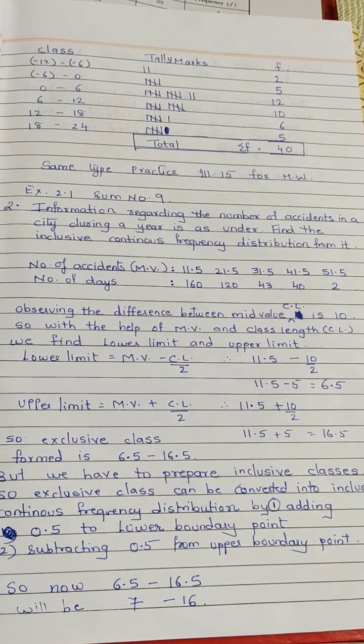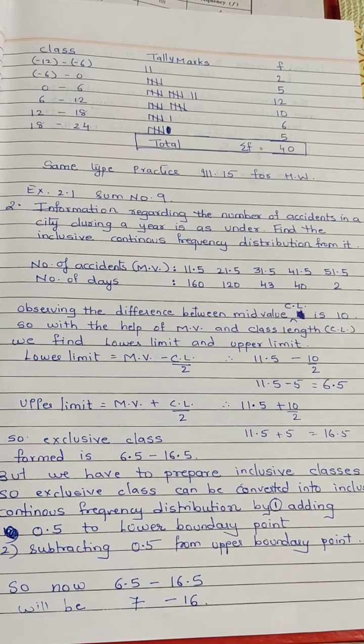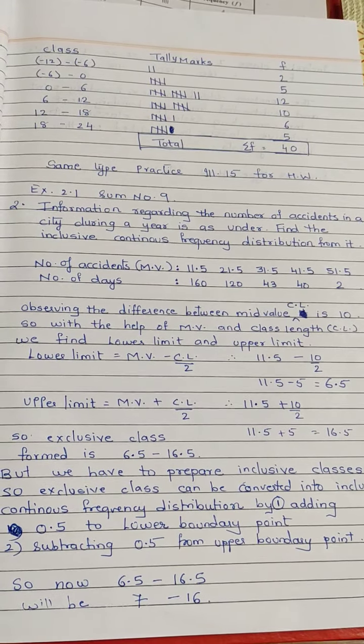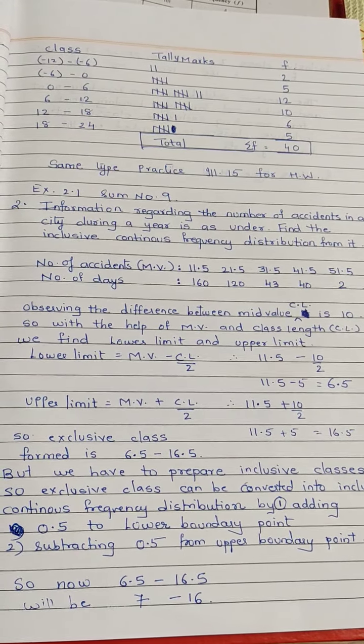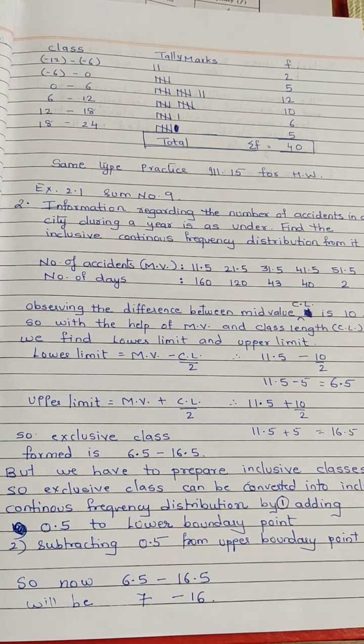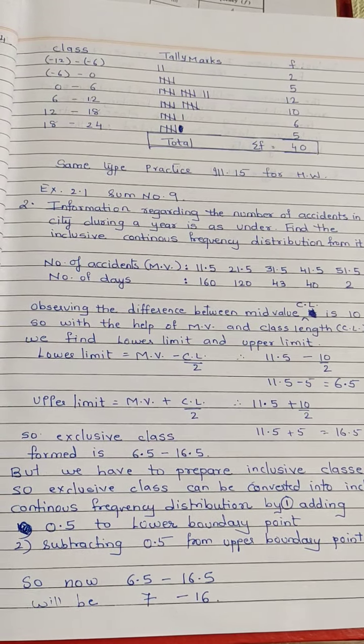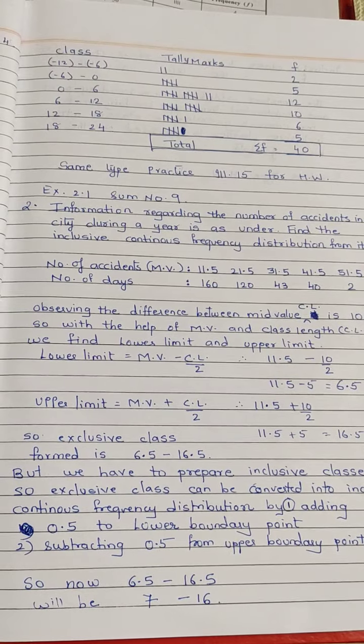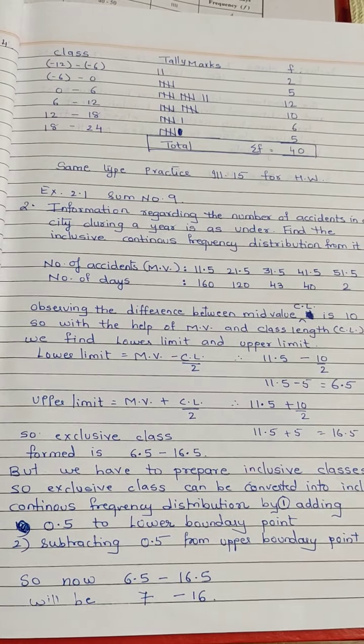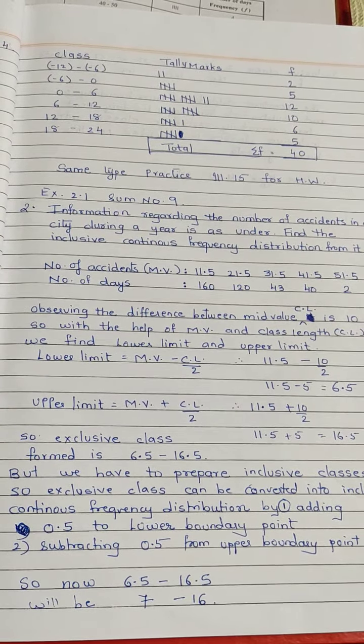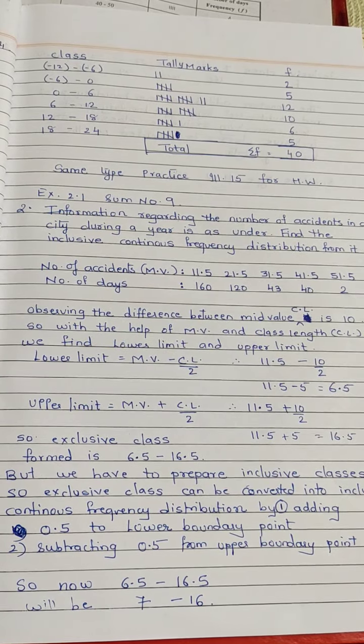So 11.5 plus 10 upon 2, which comes to 16.5. The exclusive class formed with the lower boundary point and upper boundary point is 6.5 to